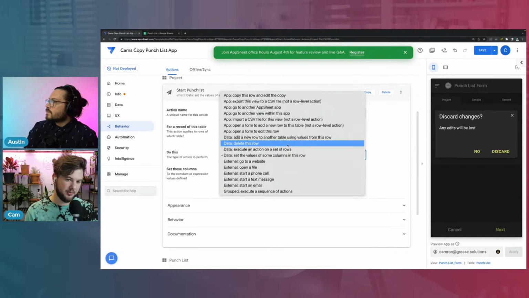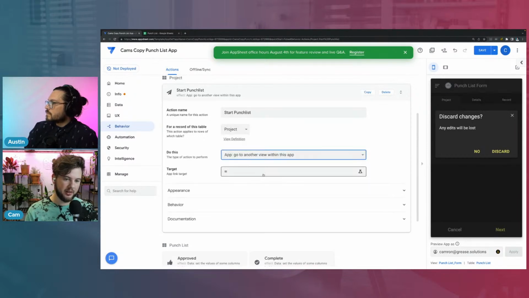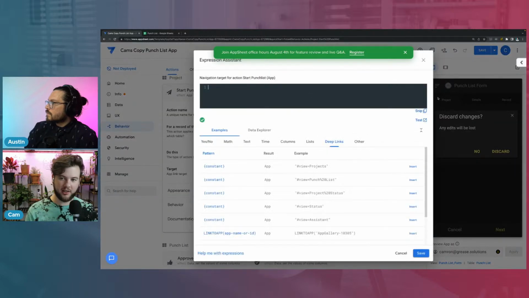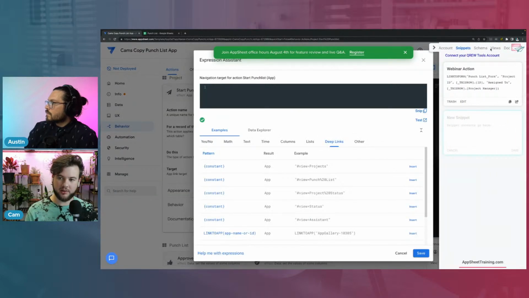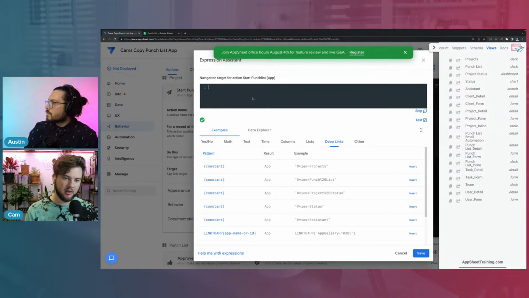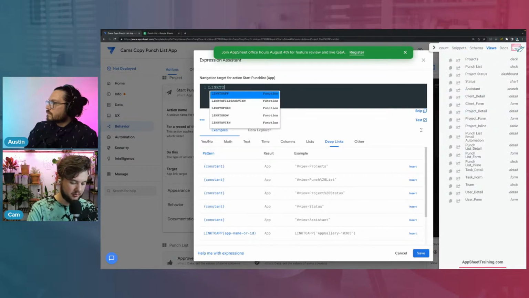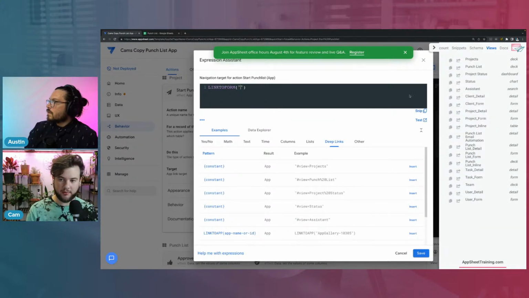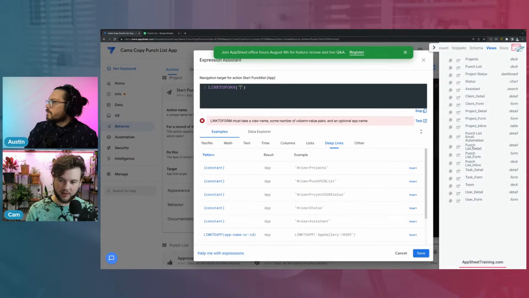So what we want to do is go to another view within this app, and we want to choose the target app. And so if we go into the views right here, we can do a link to form. What link to form does is allow you to put in the name of a form, which in this situation will be punch list form